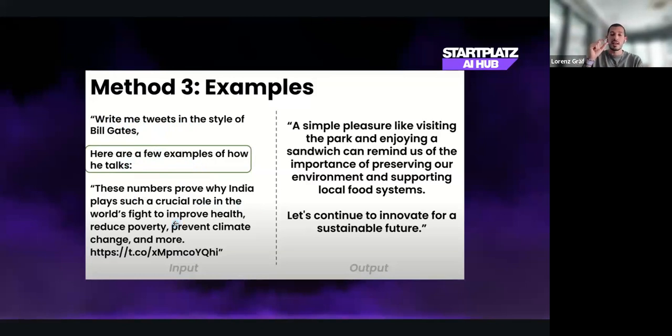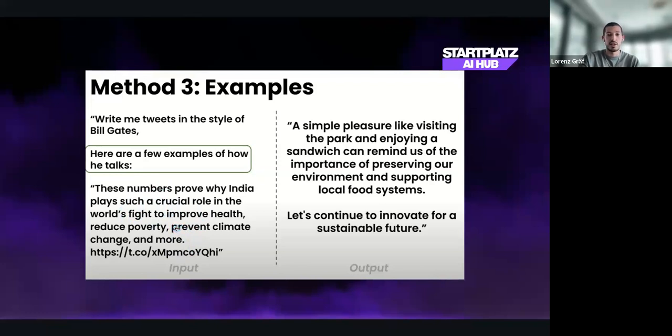And here, the examples we give to the large language model are going to direct it to a better answer. It's like giving the large language model a hint. So we're actually narrowing the output and making it more specific to our use case. And with few-shot prompting, we can also give it multiple examples. This has been proven in many papers to actually increase the output quality of a large language model